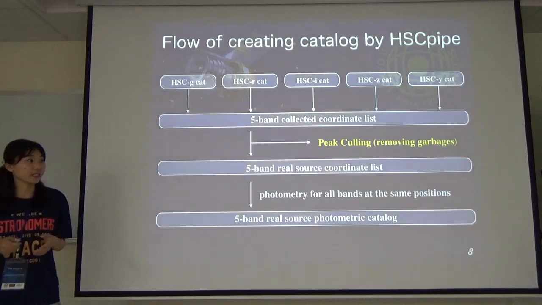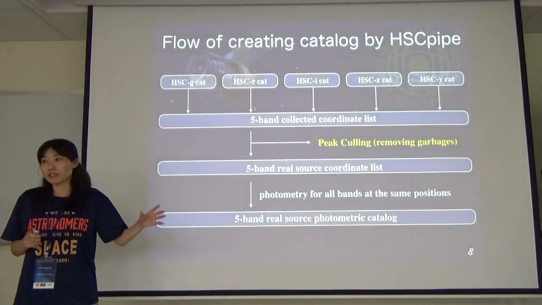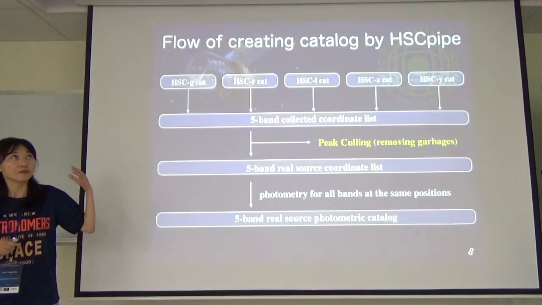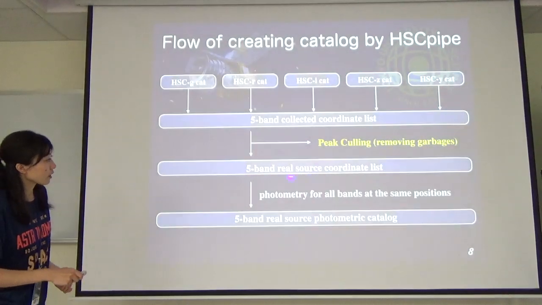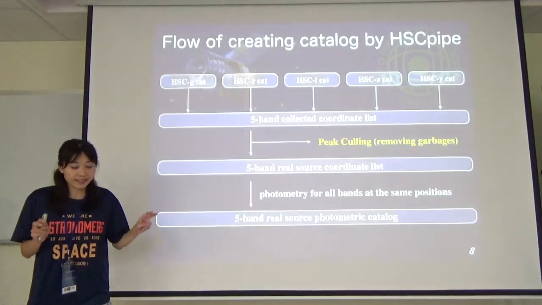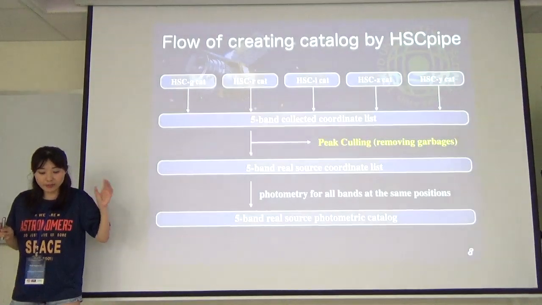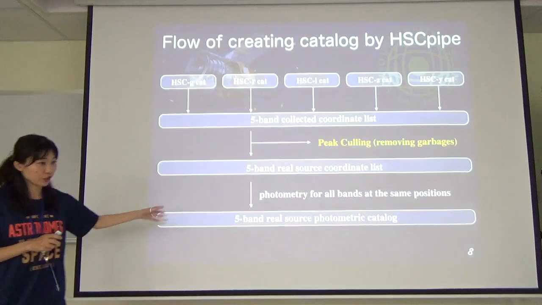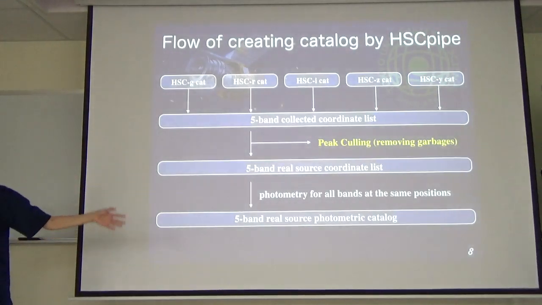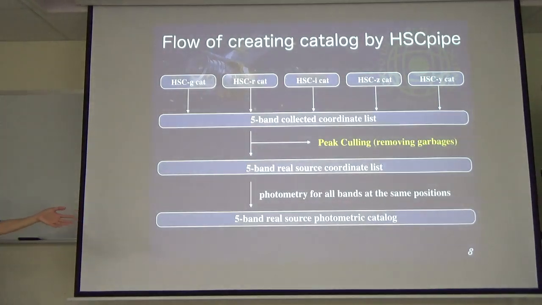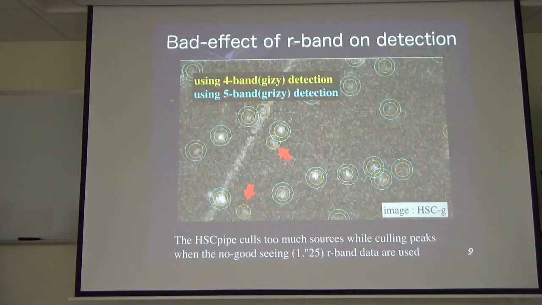Then the pipeline removes the garbage with its own algorithm to get the real source positions, and then the pipeline measures the flags at that position. Okay, this is a regular flow of the analysis, but it doesn't work well for our data if we use